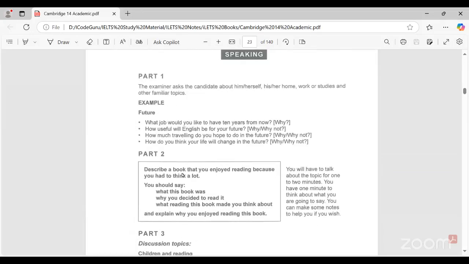Before the Eid holidays, we discussed fluency and coherence, one of the four marking criteria. In that topic, we were focusing on our fluency while practicing. Even in the beginning weeks, we also discussed different band descriptors and how our exam is marked. So these are the four different criteria. We spent a lot of time focusing on fluency and coherence before the Eid holidays, and I hope you have worked a lot on it during these holidays.